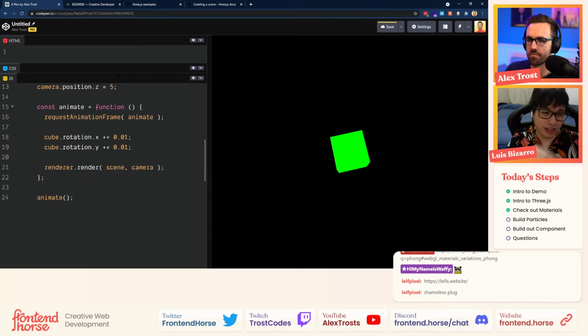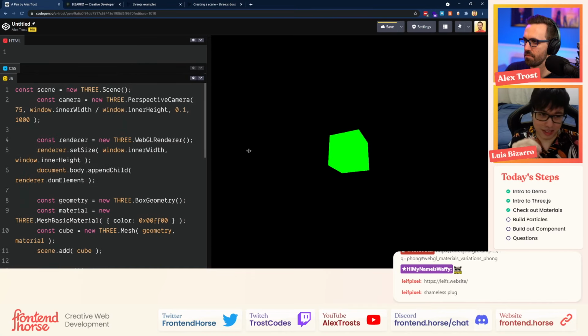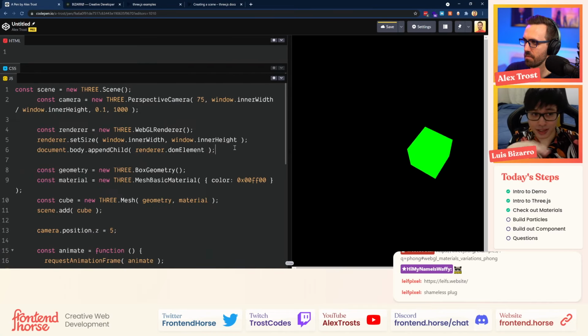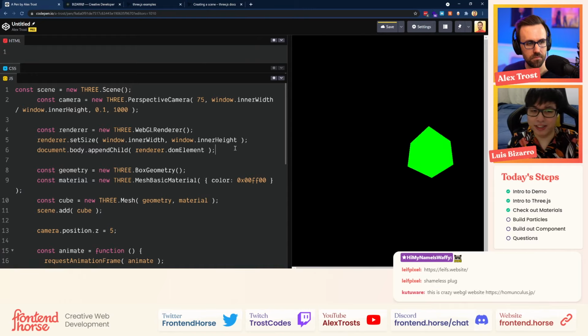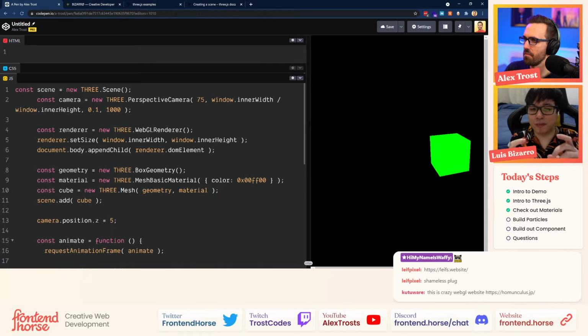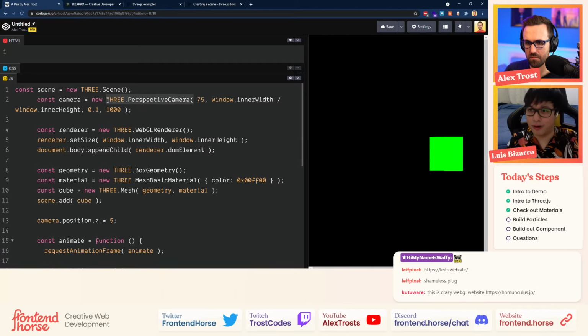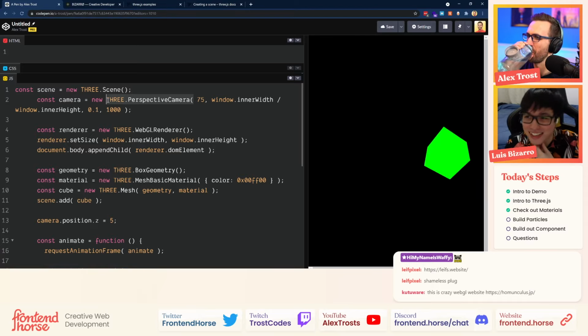So just to explain how the code is working, let's go line by line with everyone. The first thing we are creating is the scene that is going to render all the elements that you're going to apply to the scene. Then we have the camera. This is a perspective camera. It's kind of like you are seeing something through a camera in the 3D perspective, or with your own eyes. It works the same way that you're used to.